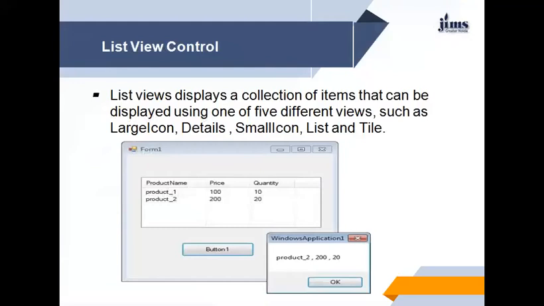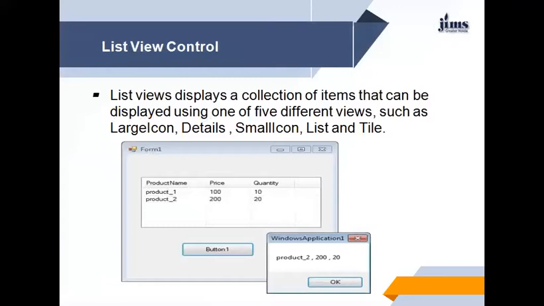So in the list view control, whenever you have seen the windows, list view displays a collection of items that can be displayed using one of five different views. You have seen in Windows also that you can view the icons like large icon, details, small icon, list and tile.